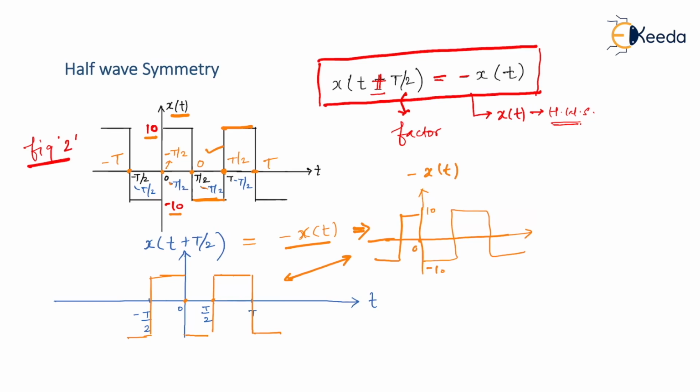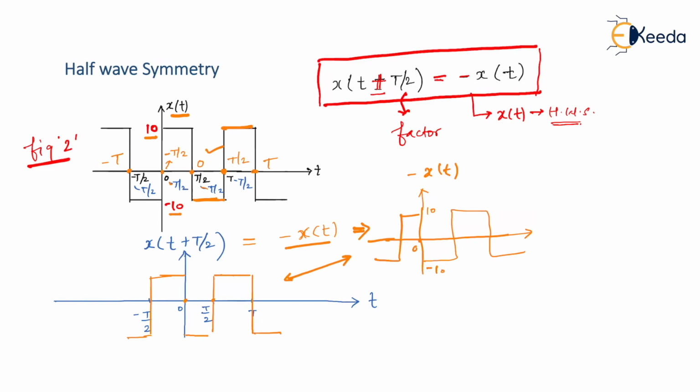In case this relation gets satisfied, then mathematically we know that it is what we call a half wave symmetric signal. So whenever it is a half wave symmetric signal, we have learned two things. First, DC value for such a signal x of t is always equal to 0. And second, and very important to remember, in its Fourier series, only odd harmonics are present.